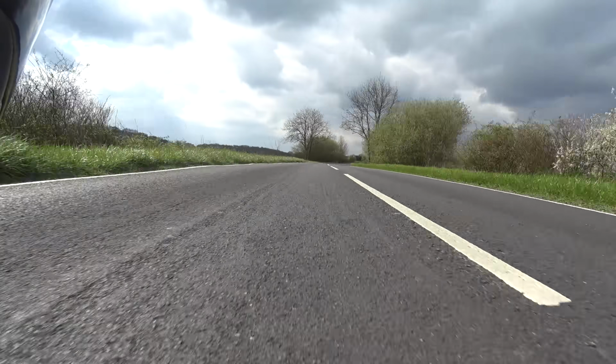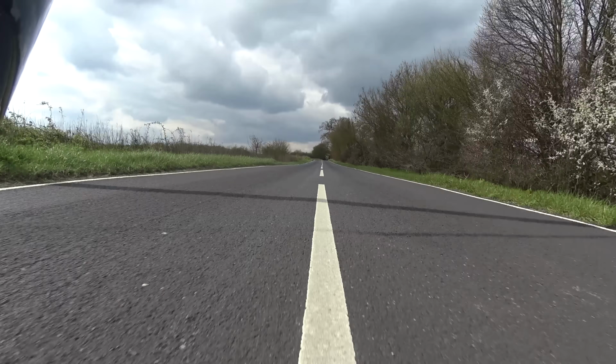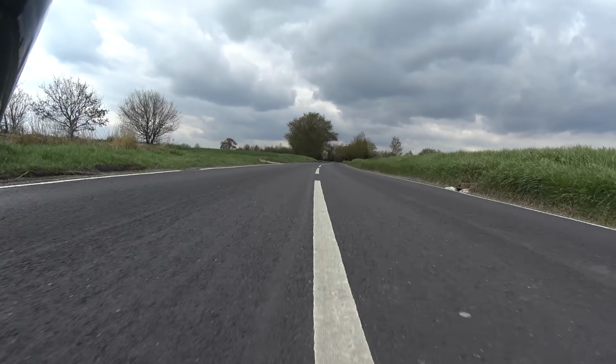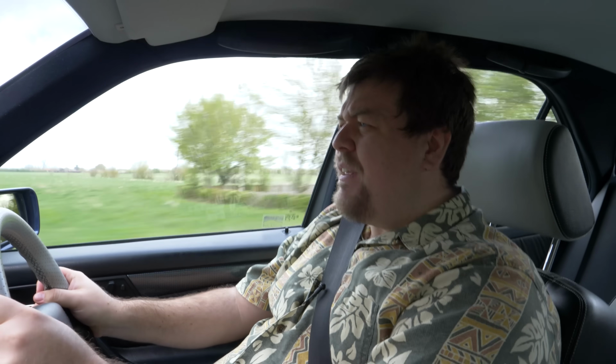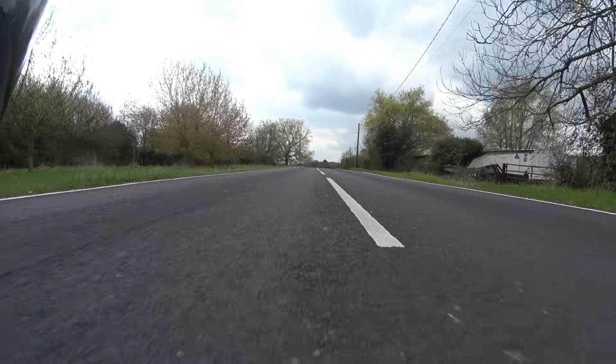Responds so nicely, and actually you can carry a surprising amount of speed down a road like this. Now, I have to remember the fact that this is of course an old car and not mine, and it's wearing very small tyres too, two 517s at the front and two 45s at the back. AMG seem to have this thing about never putting rubber that's really big enough on their cars. In fairness, on this car it's probably about okay, but some of the later cars, especially the 6.2 W204, they